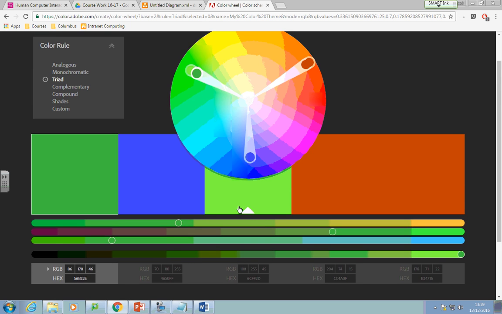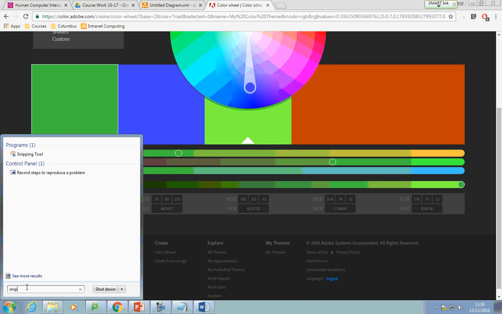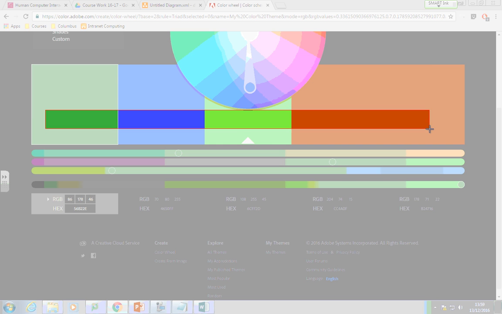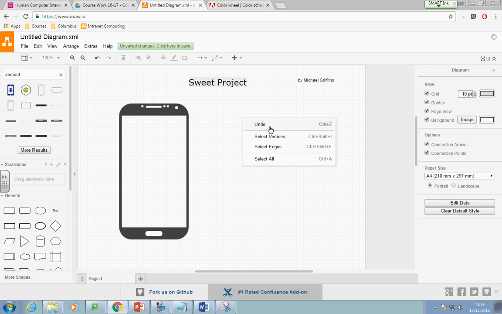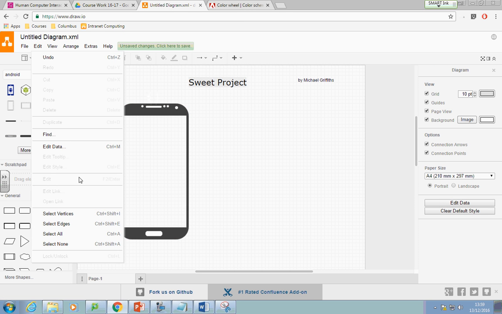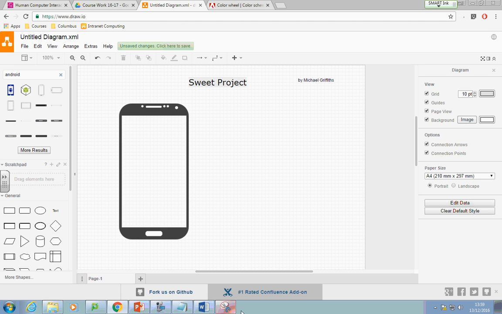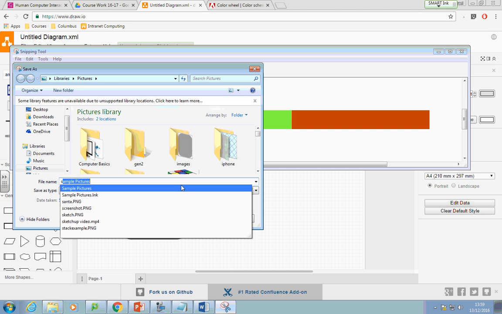So what I would actually do with this, if I was doing this for a client, I would use my snipping tool here, and just get a new snip and take it. Now, I think I might be able to copy this straight in. I'll see if I've copied it. I'll try it. I think I might have to upload the file. So what I'll do with that file there is I will just save it as